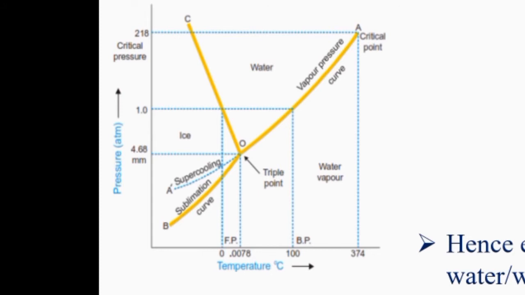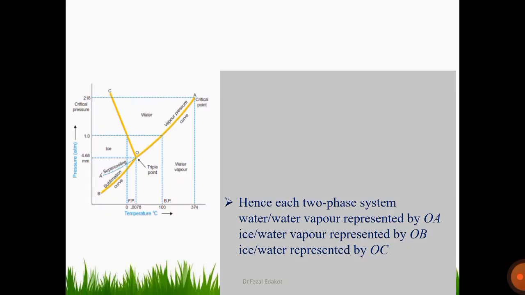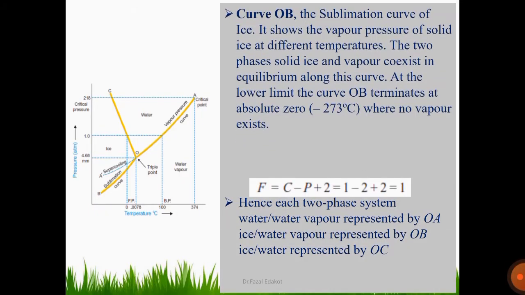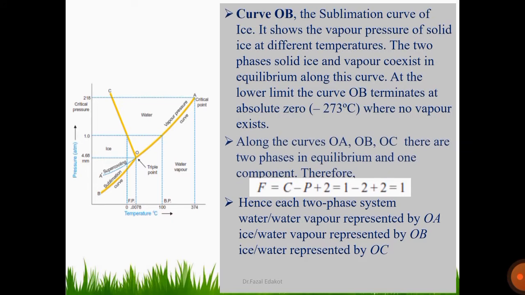At the lower limit, the curve OB terminates at absolute zero, minus 273 degrees Celsius, where no vapors exist. Where no vapors exist means water will not disappear. It's only like this. You cannot expect any molecule of water in vapor state when the temperature is minus 273